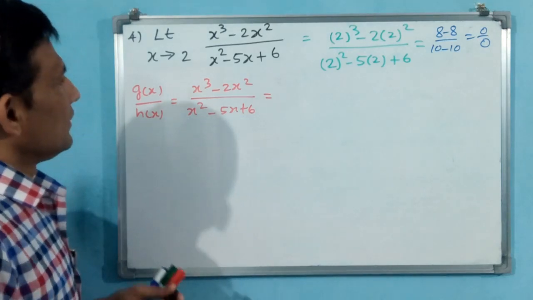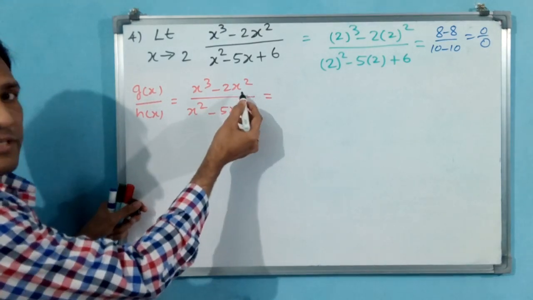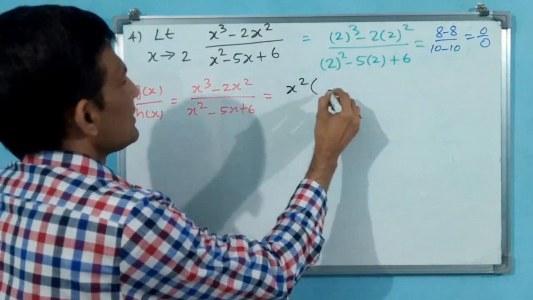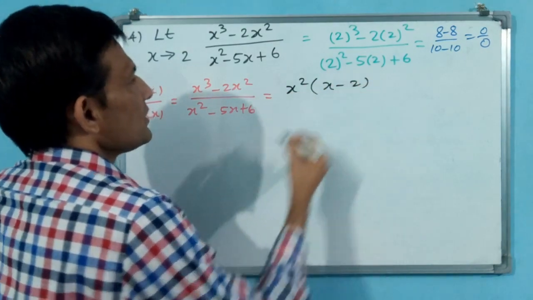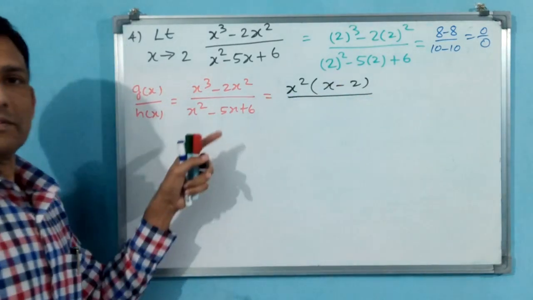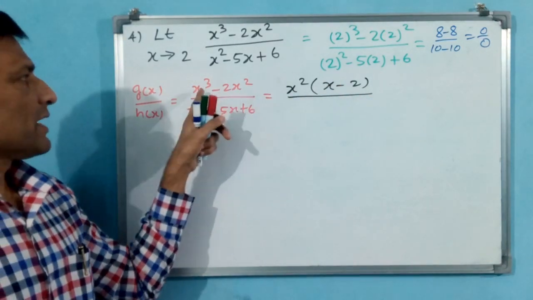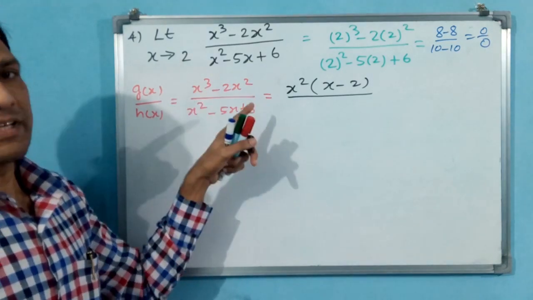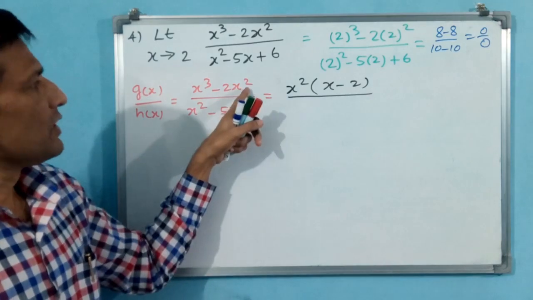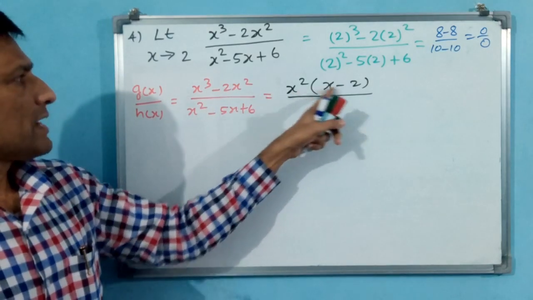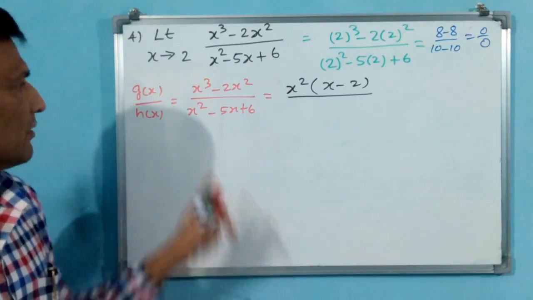okay. Now see which is the least power, x square, then you take x square as common. Then x minus 2, is it okay? Least power x square. In the last question, x was the least power, that is why we had taken x common. Least power x square if you take common, x cube minus 2x square, like this it will become.